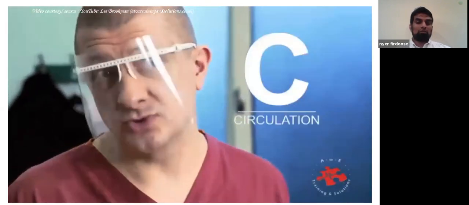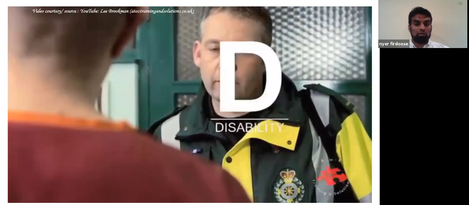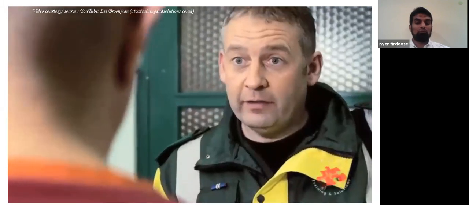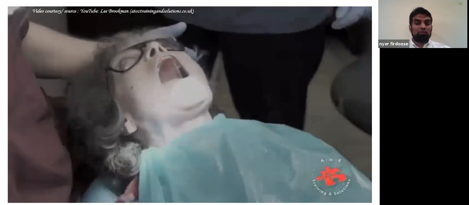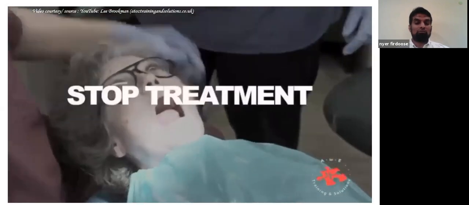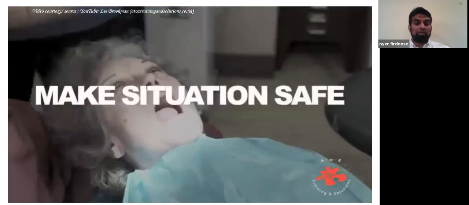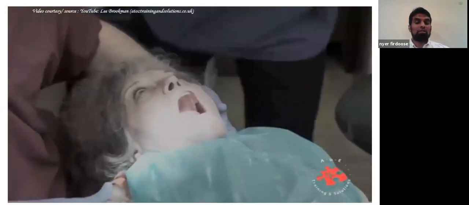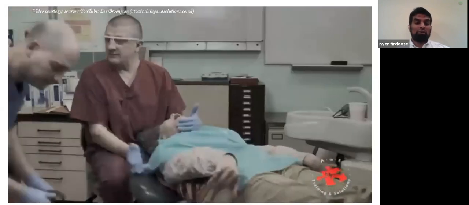In summary, if you think that the patient is having an episode of seizure, the first thing we do is stop treatment, make the situation safe. We do not restrain the patient or put anything in their mouth, and then we call for help. We start with high flow oxygen at the rate of 15 liters per minute with a correct fit mask, and then it is important to time the fitting duration and prepare 10 milligrams of buccal midazolam. And if the patient continues to fit for more than 5 minutes duration, we have to repeat the dosage